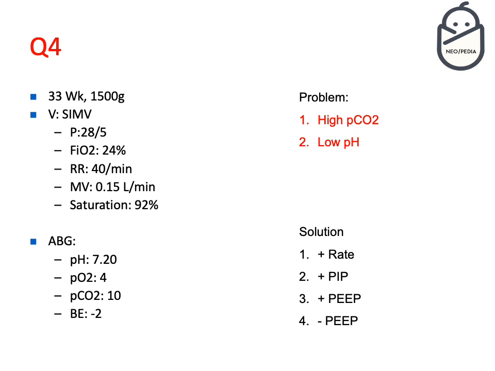Okay. Yeah, increase your rate, okay? Because basically, if you check here, the baby is 1.5 kilogram, and you're just giving a minute volume of 0.15 liter per minute, which is not really great. And your respiratory rate is 40, okay? And your FiO2 is 24%, which is not bad. It's not on very high oxygen requirement. So